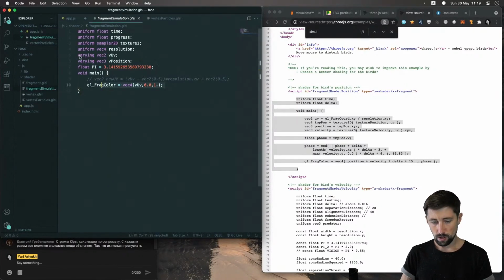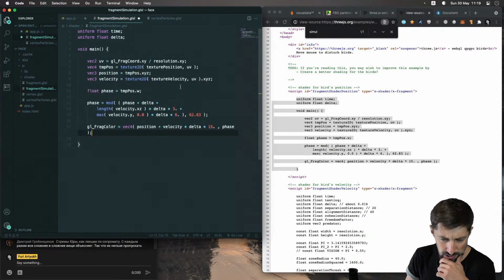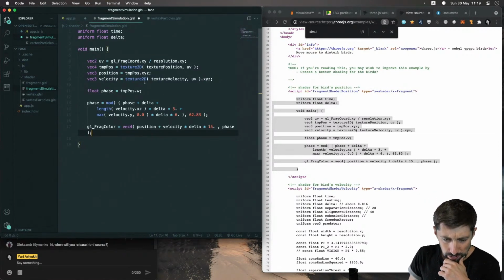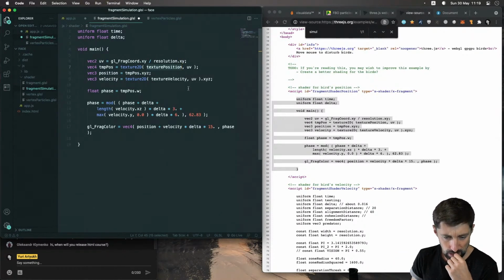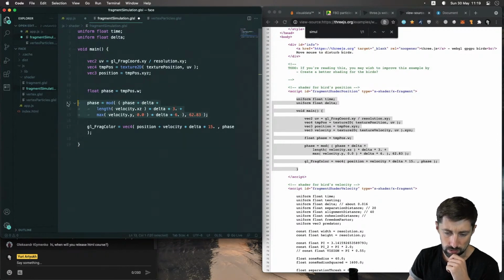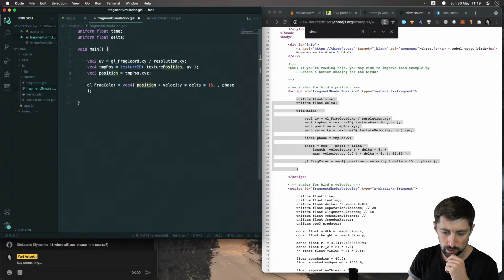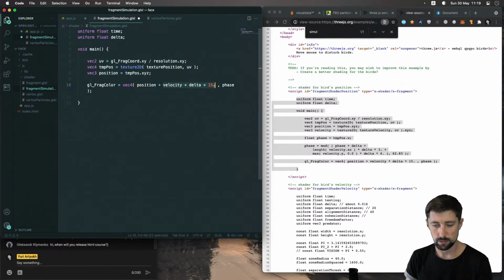Simulation. I'm gonna copy paste this one. There are some UVs. There is a temporary position which is derived from the texture position, which the GPU library will take care of. So this way we are getting the position inside the fragment shader, not the vertex shader. And then we apply something into this position, which I don't need. So we have the position, and then I could just output something like